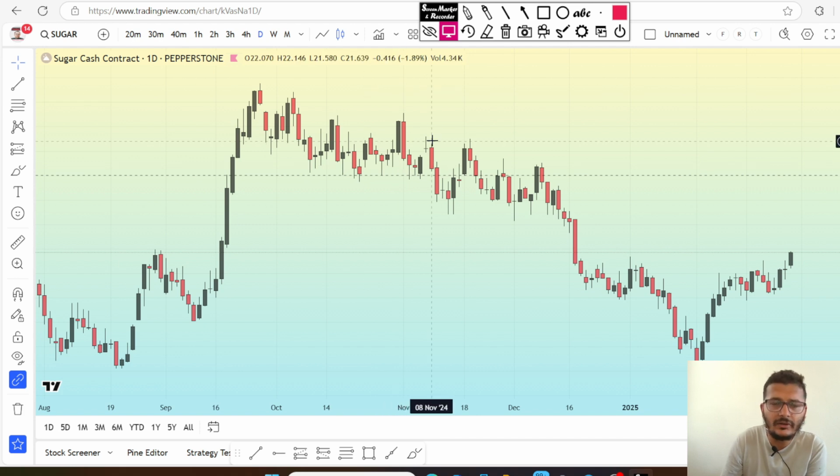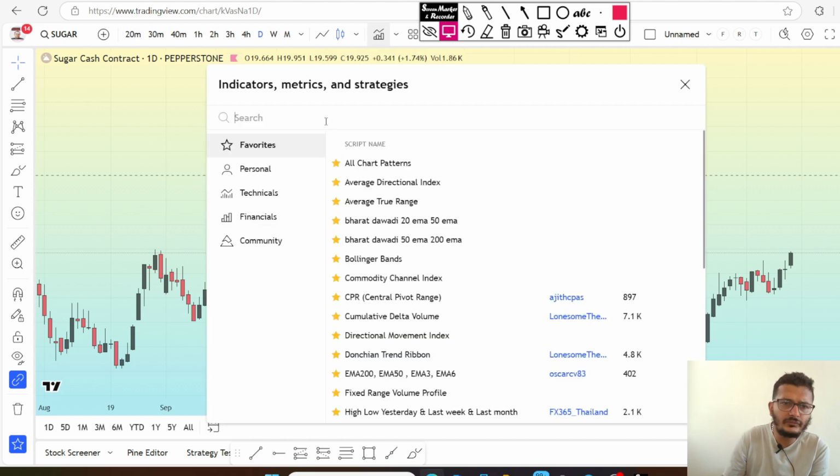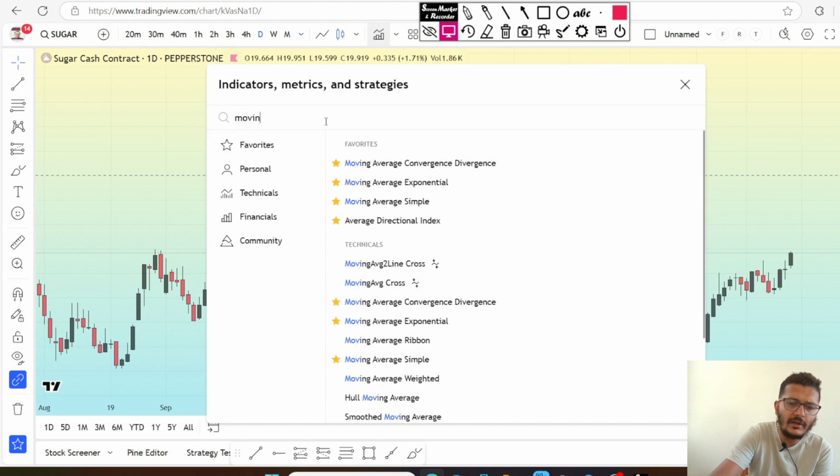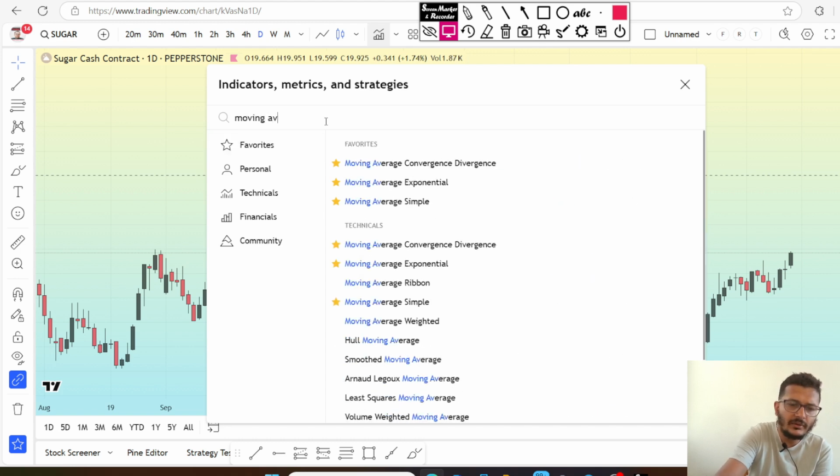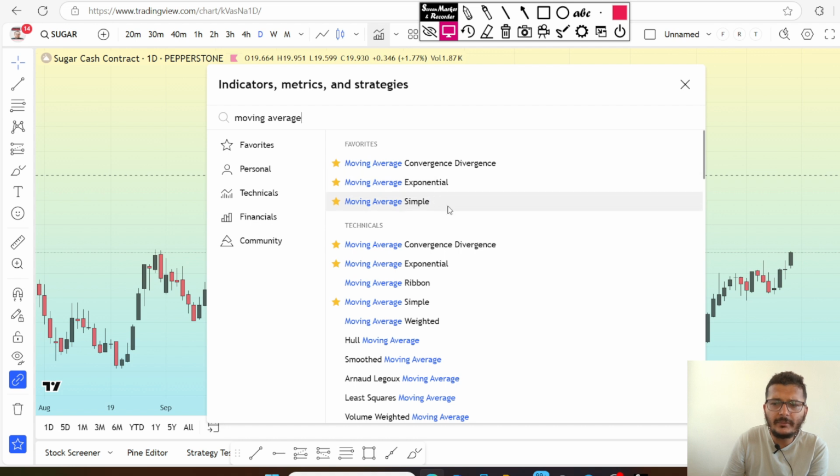You can use Investing.com or TradingView, any charting application, so that you can easily put the moving average in your chart. I am using TradingView because I have been using it since I started my trading career. So let's put the moving average. For that, go to the indicator section and write here moving average. You will see simple moving average,